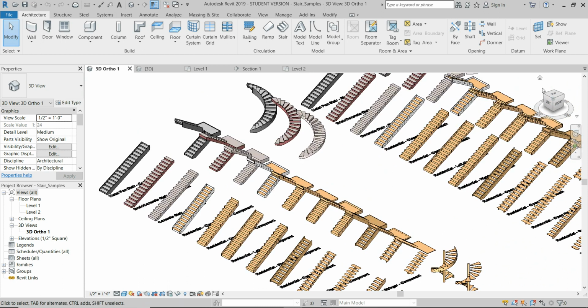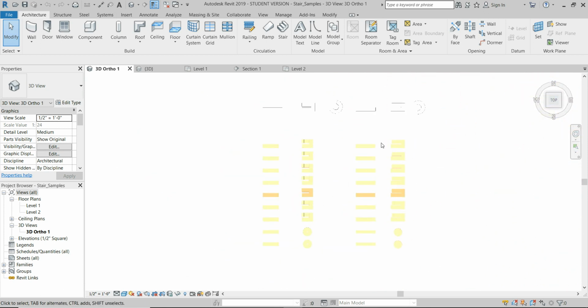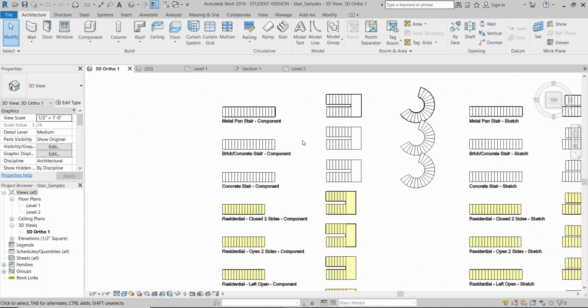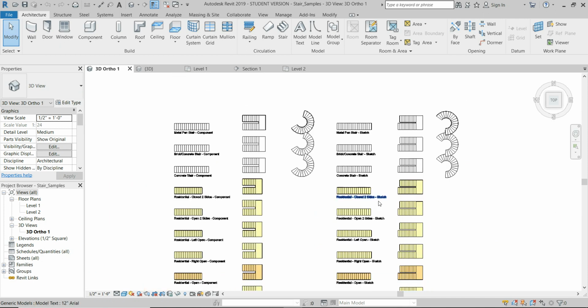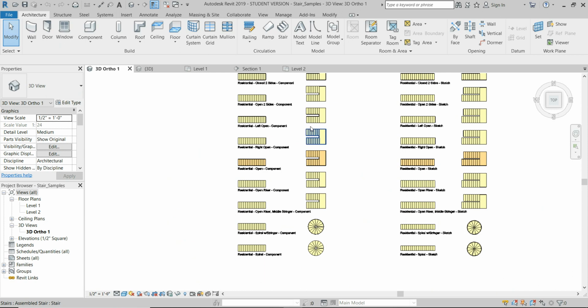And if we look at them, the ones on this side are by component, the ones on this side are by sketch. Okay, and they're still going to work with Revit 2019. And the way to get them into a file is to go to a 3D view and select it, copy it to your clipboard, go to your Revit file, and then paste it, and that puts it into your project, and then you can move it and edit it. But we'll do